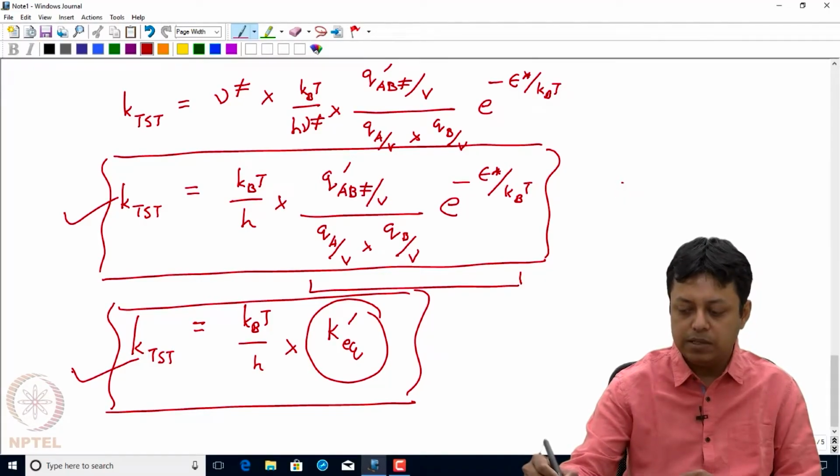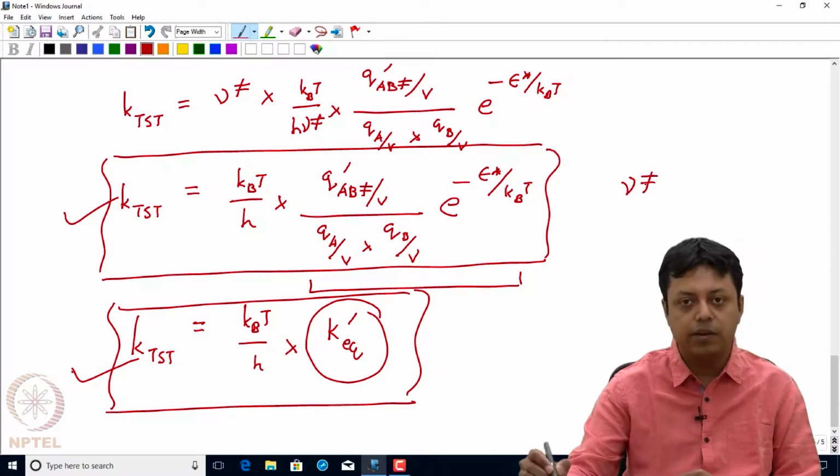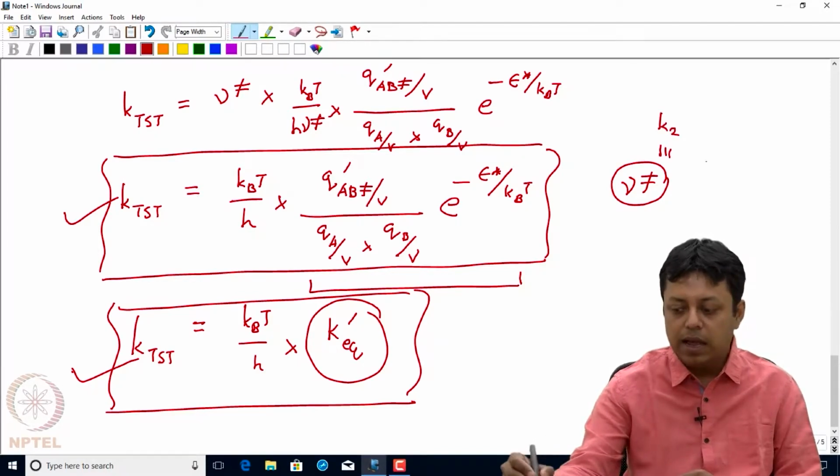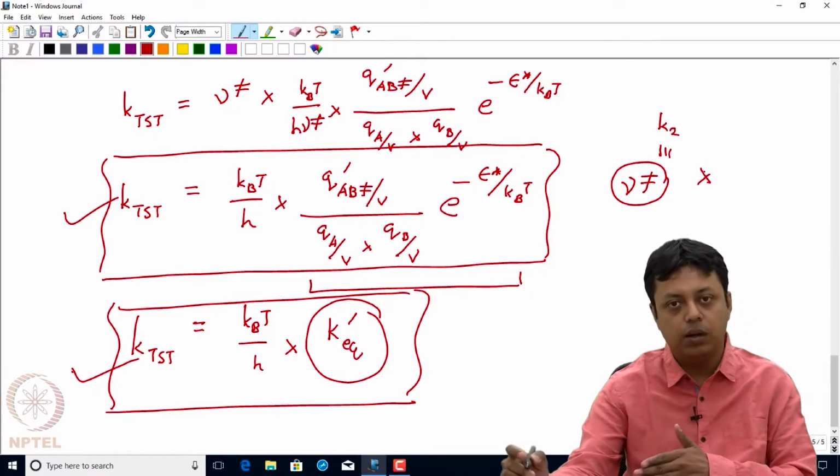So now you will use the transition state theory expression to calculate the rate constant for the structureless molecules, and we should get the similar expression which we got in collision theory. Now, one important thing to note here is that we said this frequency, the characteristic frequency, is nu dagger, but we don't need to calculate nu dagger because we set the K2 to be identical to nu dagger, and then one factor comes out when we calculate